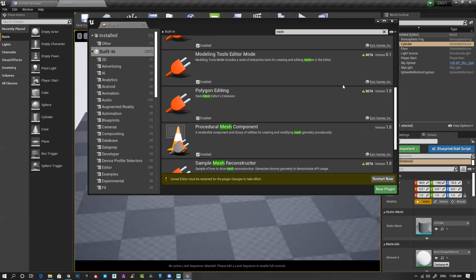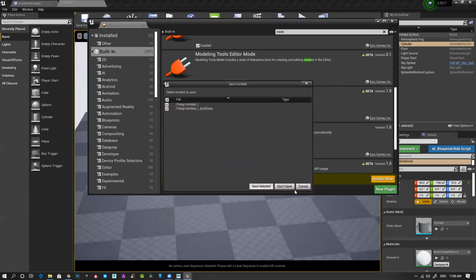If you want to create something or bend something, do it in Max or Maya and then bring it back. That will be way more efficient and clean. Because Unreal, as of now, the modeling toolkit is not very efficient or stable. Okay, so you can do it. You have to switch on this and then restart your engine. Let's not save.